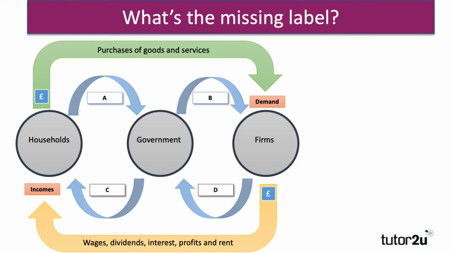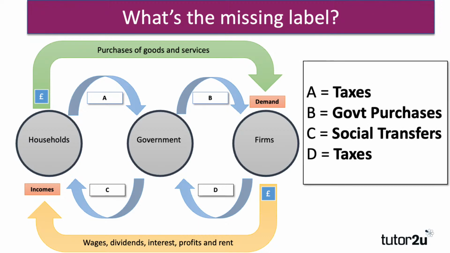All right, let's take a look at what the answers are, and then we'll talk a little bit through what they are and perhaps some errors that might be coming up. So, A, we've got money that's moving from households to government. Why would households pay government? Well, that's taxes. And actually, we've done a pretty good job of that one. A lot of people have got that right. Well done.